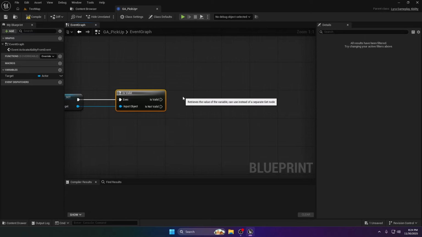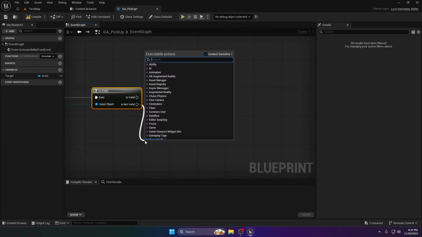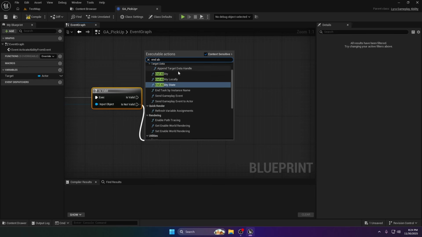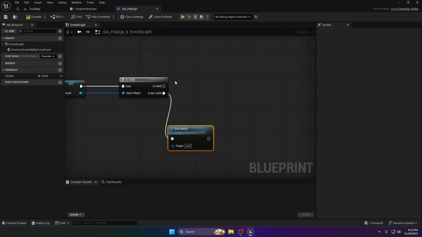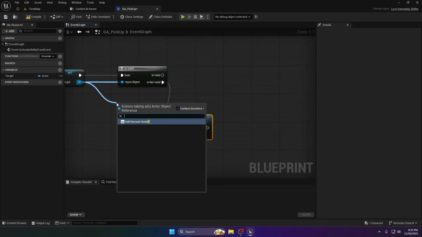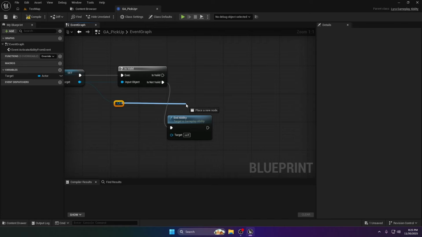If the item is valid, if it's not valid, we can just end the ability, but if it's valid, we can interact with the item. For now, we're just going to print string what item we have. So